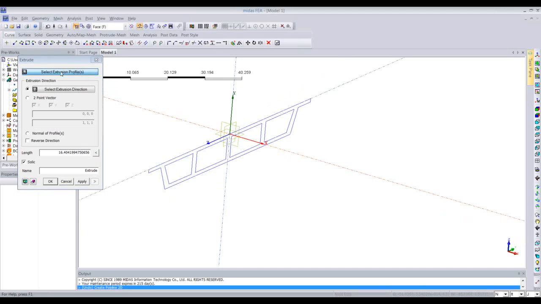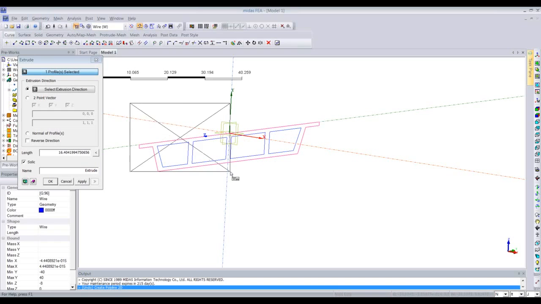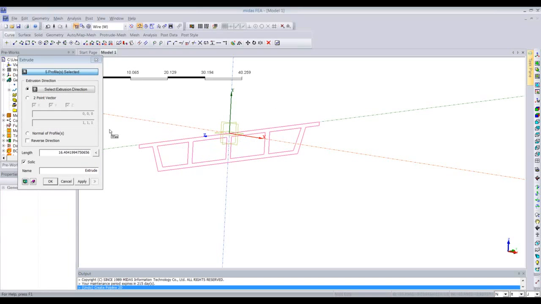Here when you click on Select Extrusion Profile, it will ask you to select the profile that you would want to extrude. Here in the selection pane, you will see that right now we have the face selected, and whatever faces you have in your model, you can select those. But right now we do not have any face in our model, so we will select the wire. Here you can see the wire will be selected in one go, and the outer periphery of the cross section is selected. Similarly, I'm going to select the inner ducts as well, and I'm going to create the solid